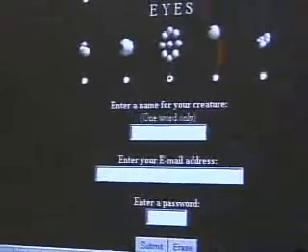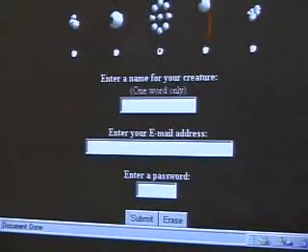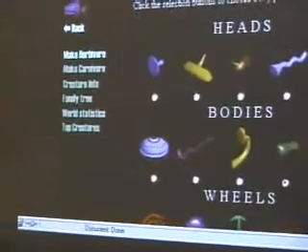Now, after you've created your creature, you get to name it. This turns out to be quite an important feature in the attraction of Technosphere. You enter your email address and a password. You choose a password for your creature. Now, when you click on Submit, the creature actually gets entered into the world, and you get sent a confirmation email saying your creature's entered the world, and with all of the information about your creature. And then, over a period of time, your creature will interact with other creatures in the world and start sending you email messages back. So what we can do is we can actually use some of the tools to find